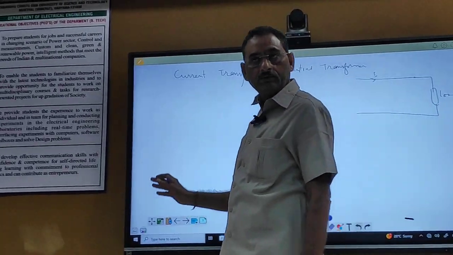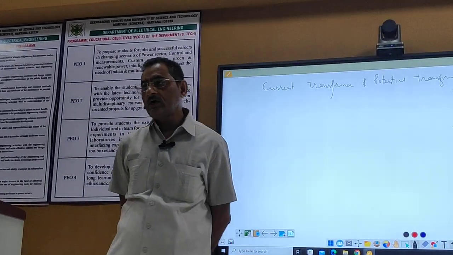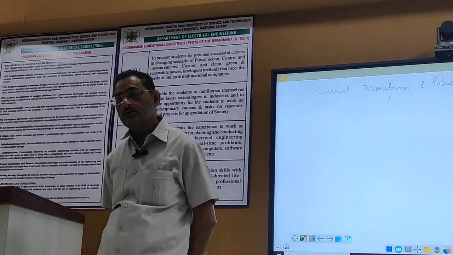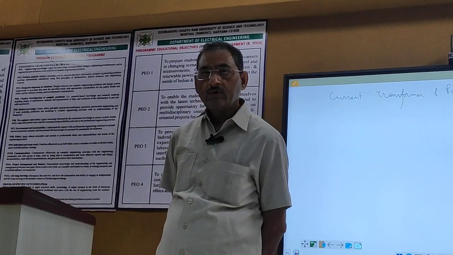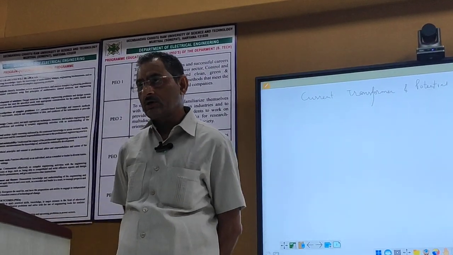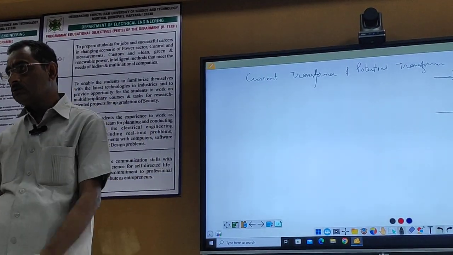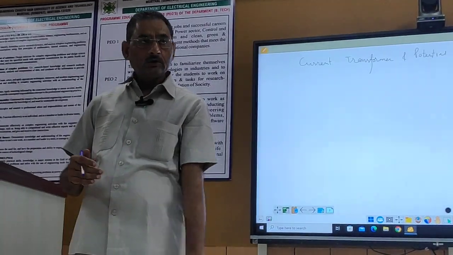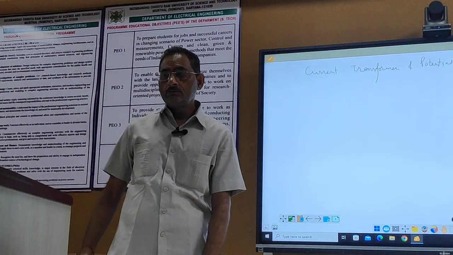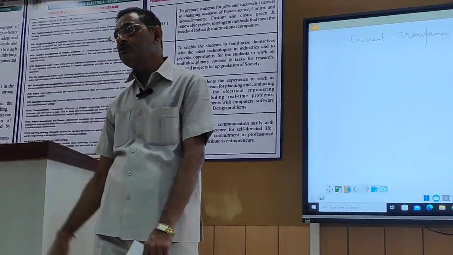Now for example, for the measurement of the current, what device do you have? Ammeter. And what is the range of the ammeter used in the laboratory? You have 5 ampere, 10 ampere, in this range. Suppose you want to measure the current of 1000 ampere. How will you measure? The range of 1000 ampere in the ammeter is not there. It means we have to reduce the range, the load current is to be taken proportionately.